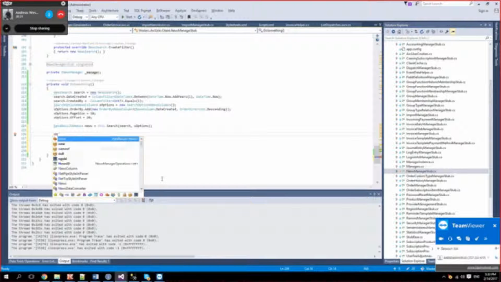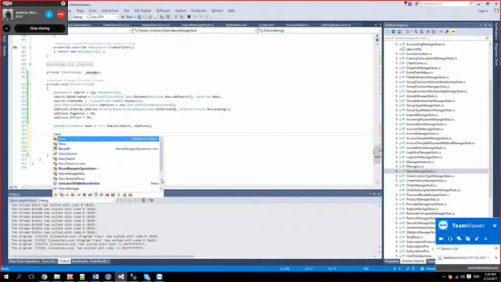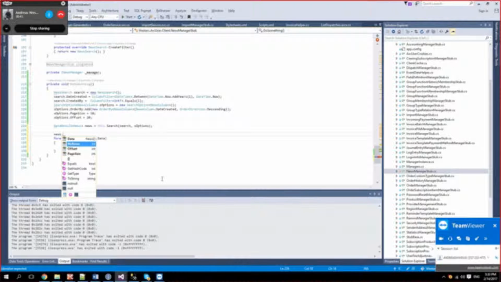And we also got news.number of rows, that's the total number of rows in the database. Offset and page size are those that you requested up here. So you get them back, and so the database tells you where you are in the result set. Okay, nice.